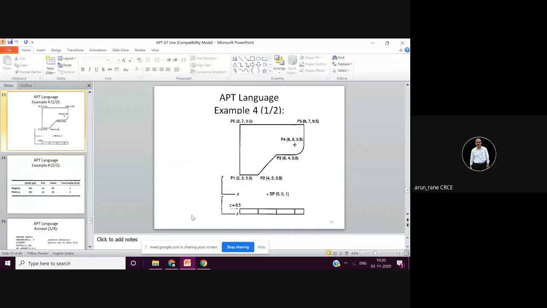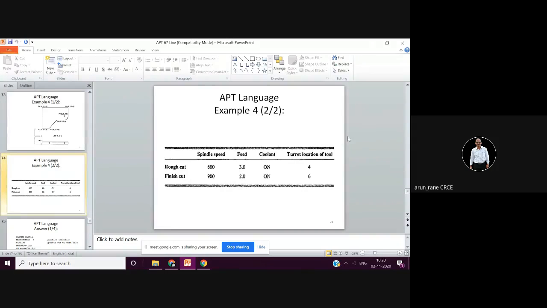Remember, whenever you are starting with the program, the first thing is that you have to define your 0 point. Where is your 0 point? It is this or this, that you have to show clearly. Then the second step is you have to prepare a table. In that table, you need to write all the tools that you are going to use. This is not the table which you have to follow.